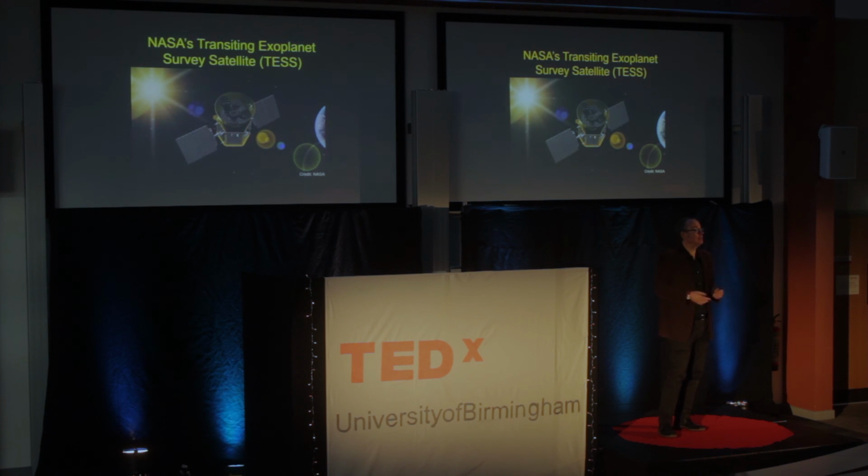And the data that we're using now are data on the very brightest stars in the sky. So from July this year, TESS is going to be observing the brightest stars in the sky that we can see here from Birmingham. So come the end of the year, you'll be able to talk to family, friends, and colleagues about the planets that TESS has discovered, and indeed you'll be able to point at some of those stars in the sky and tell your friends, family, and colleagues about the nature of the planets that have been discovered.